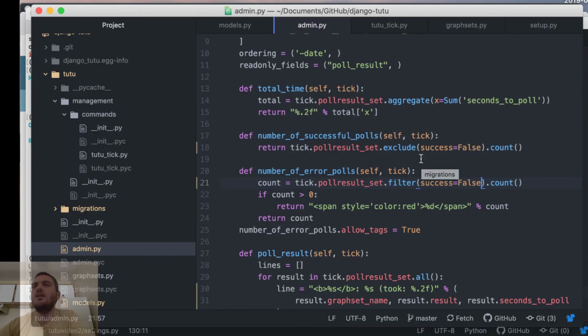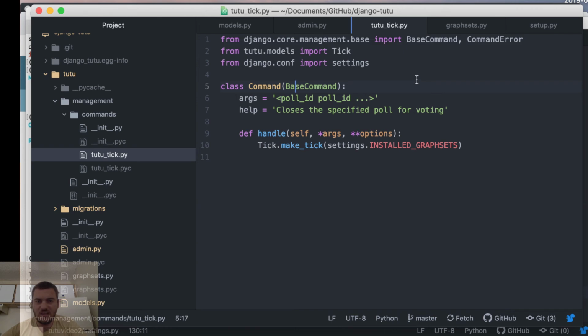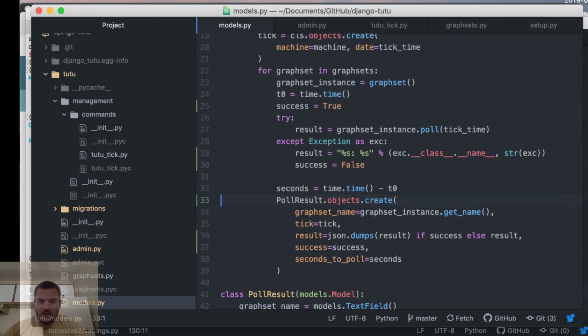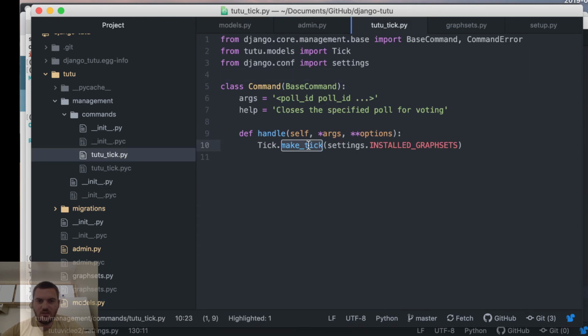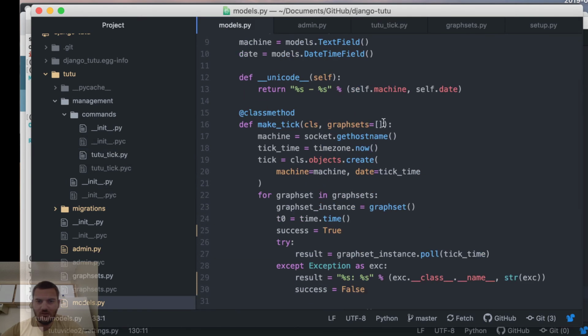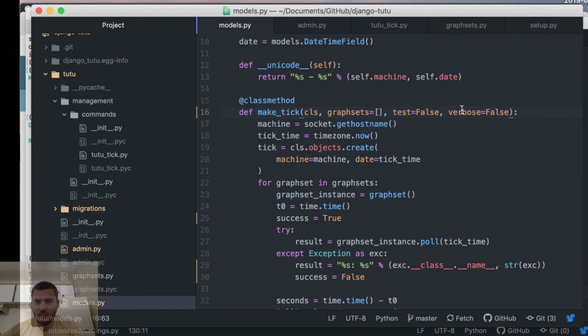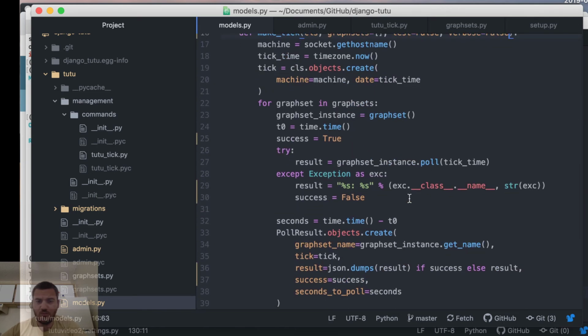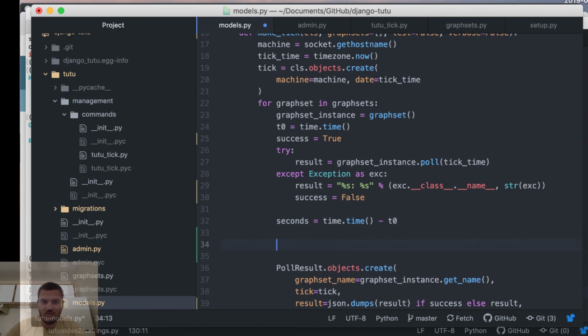And the next thing I'm going to do is add the --test and the --verbose options to the tick function. So the first thing I'm going to add it. This management command just calls this make tick function, so it has to be implemented there first. So up here we'll just add test and verbose. And if verbose is true, then we want to print it to the screen. So down here, we'll just say if verbose,